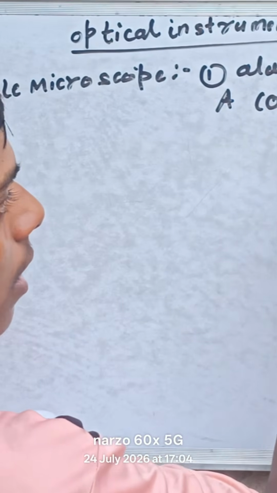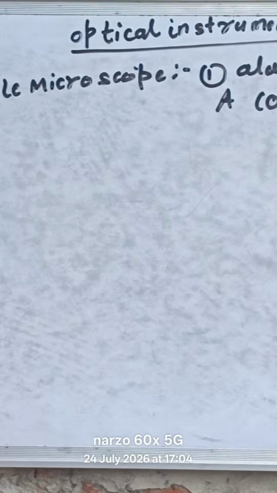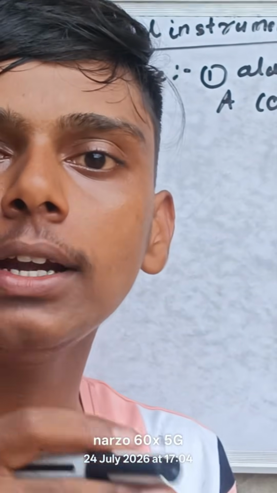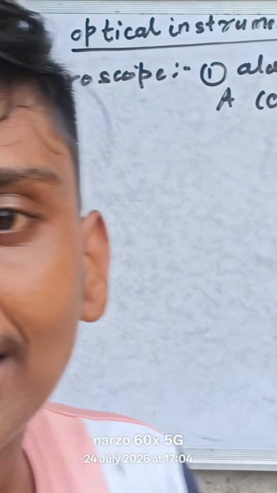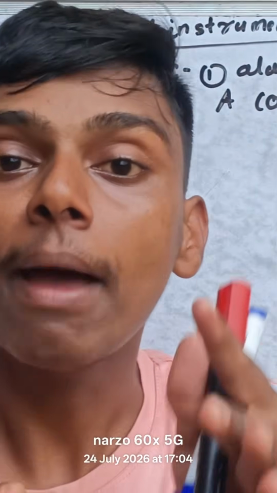Okay. And before moving towards the topic, first and foremost, we need to understand about the far point and near point. So basically, in case of far point, the far point is defined as the maximum distance